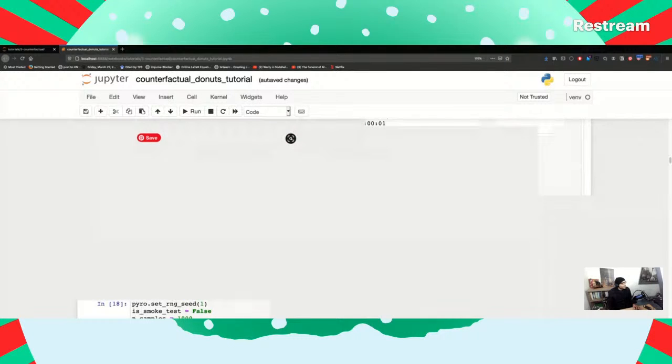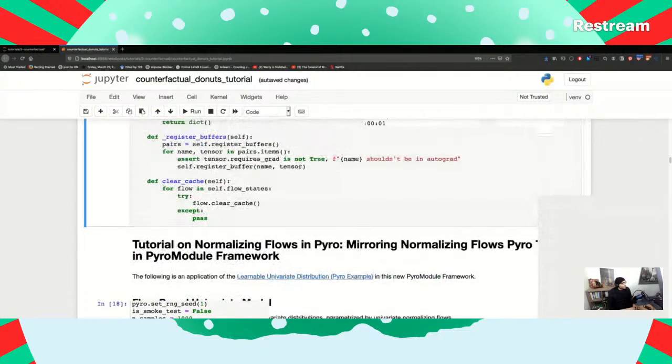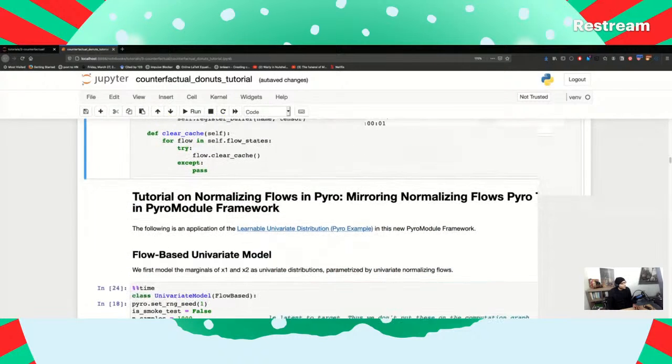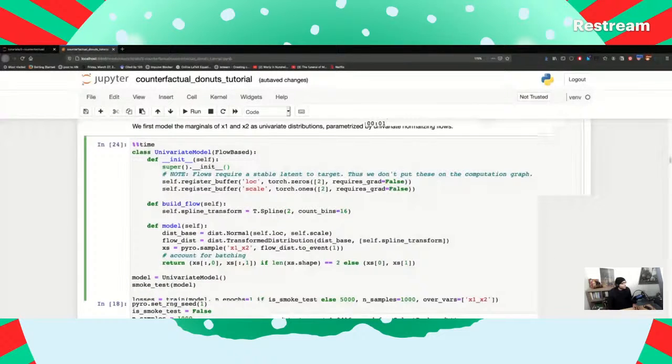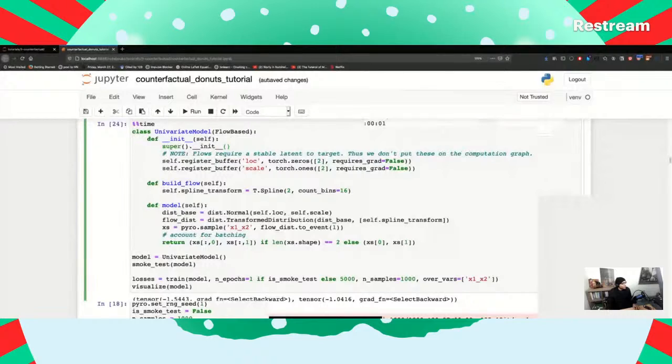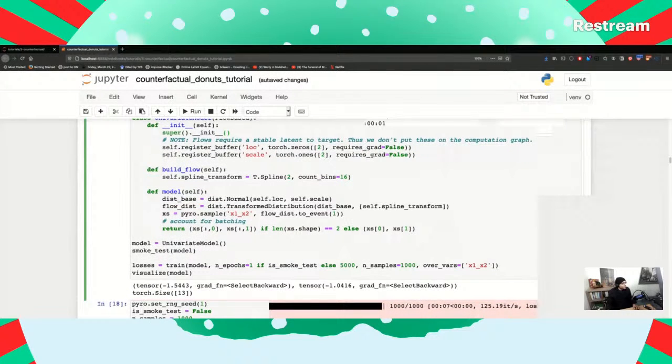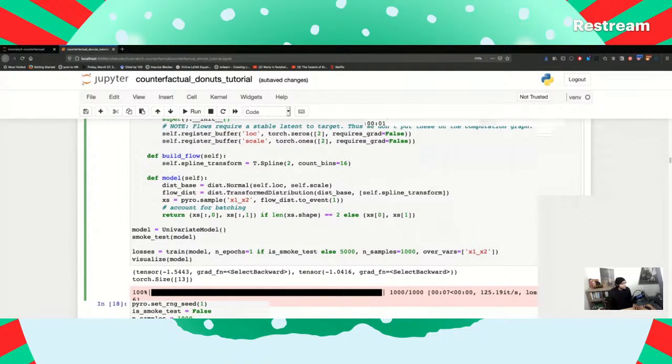Well, we could run through the tutorial first. So this would be regular normalizing flows. We're going to do a spline transform. So this is the flow. It's just a spline. This doesn't look very neural networky at all. But I guess it could be any function you like, so long as you can maintain all that information in the transform.